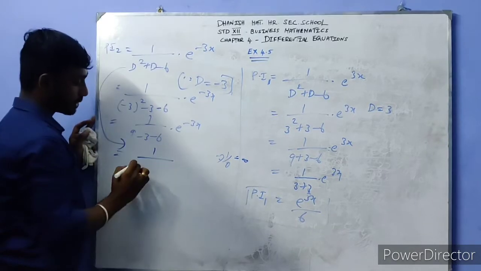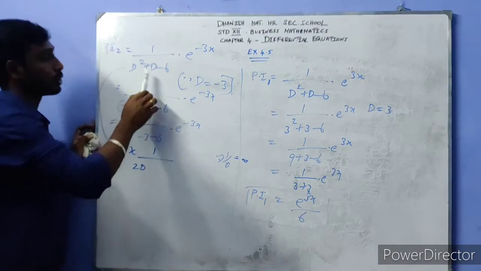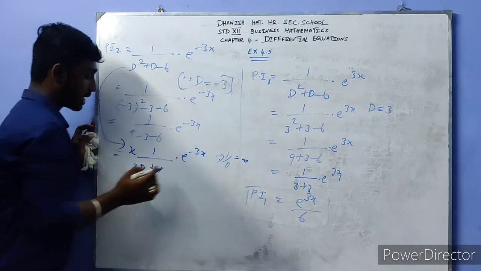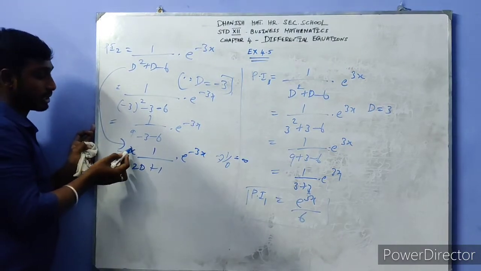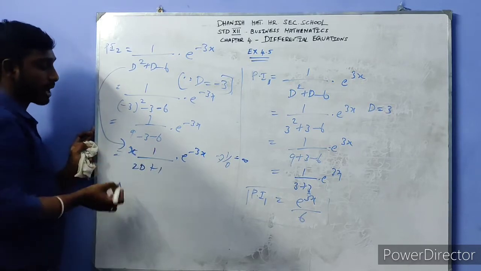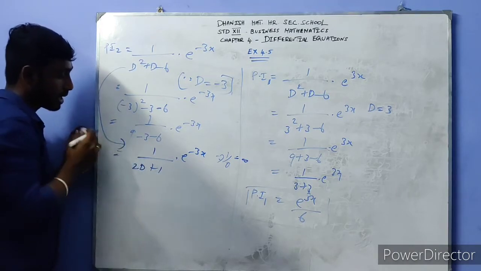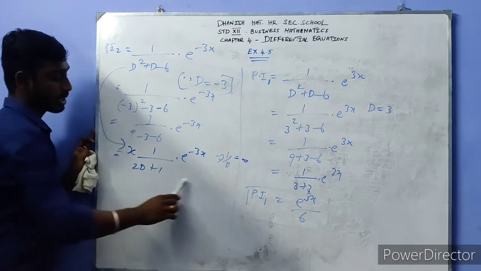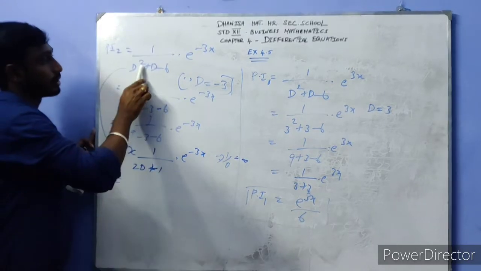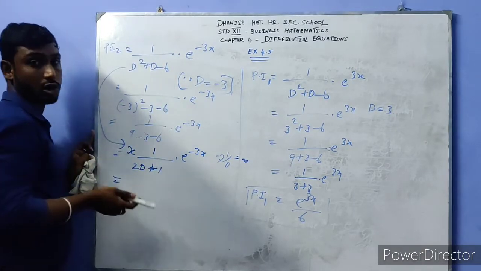1 divided by, if we differentiate this, 2D multiplied by x, plus the differentiation of 1 will be 1, e power of minus 3x here. So multiplying with x is the condition for the particular integral. You are getting the denominator value 0 here, so you multiply with x and differentiate the denominator. You will be getting the differentiation of D square, that is 2D, plus the differentiation of 1, that is 1. Differentiation of a constant will be 0 here.